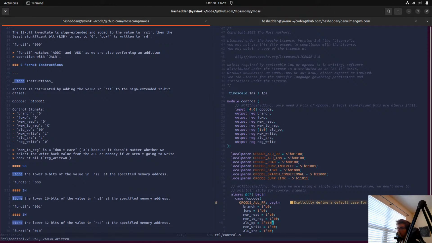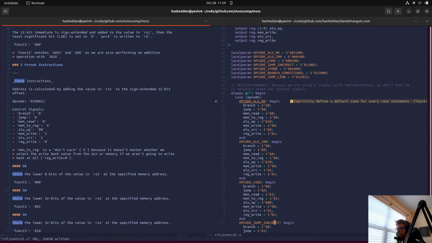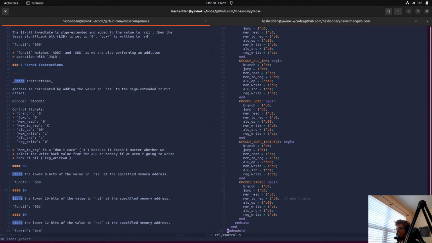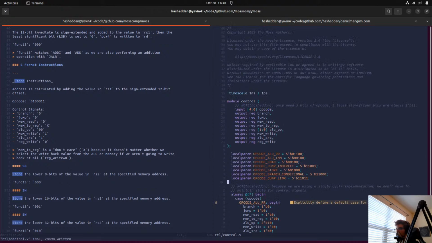Okay, branch conditional and jump link are the ones we have remaining. Branch conditional. Obviously missed the non or un.